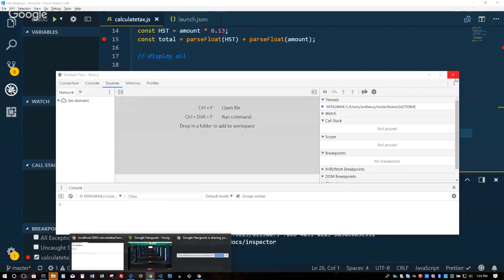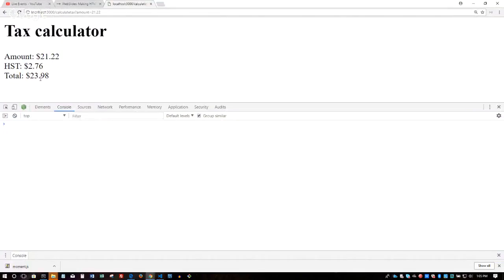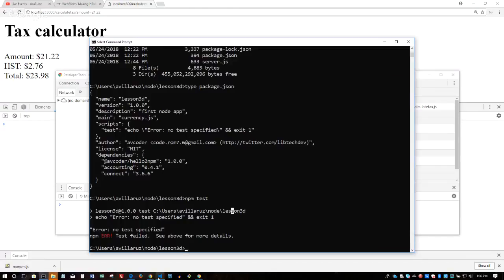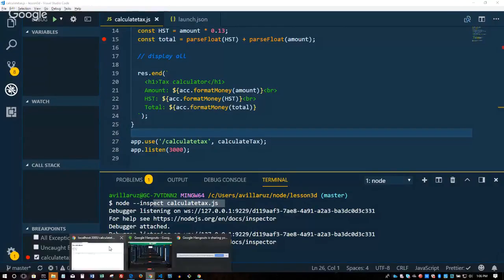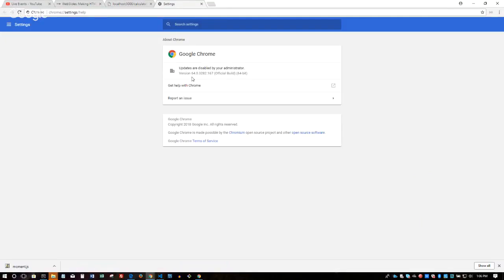The node option, I already clicked it back here, this one. I don't have that. Oh, that's because if you don't have that option, you have to run node with --inspect. I have that. You did? Yeah. Oh, we still didn't get that either. It could be what version you're using in Chrome. I have version 64. If you have an older one, because this is relatively new, it just came out in September.